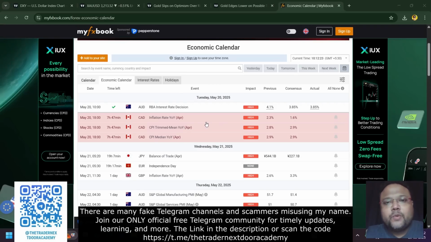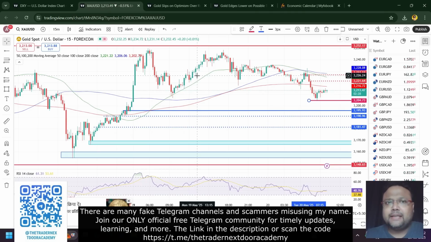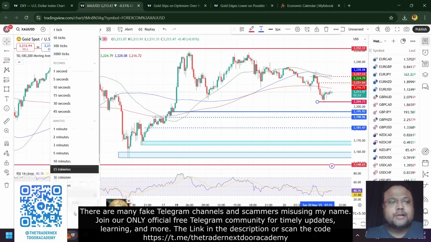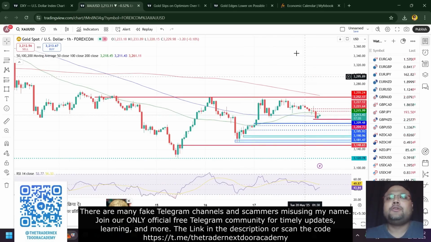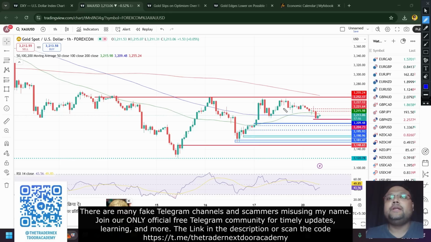And this is the economic calendar. We can see that today we do not have any major news. So during the US session, if the market gets volatile, it will be just technical. And as we have already discussed, my dear friends, we have seen that the market is sideways. The market is looking for a direction right now, and in a market condition like this, the good trading opportunities are very limited.